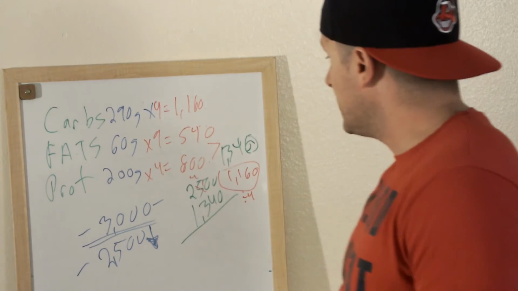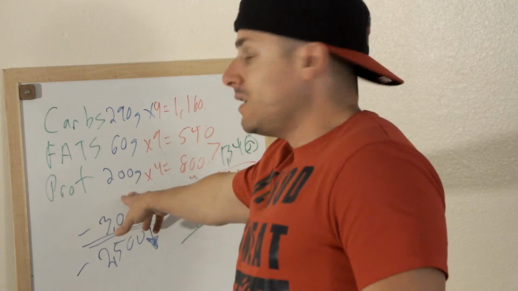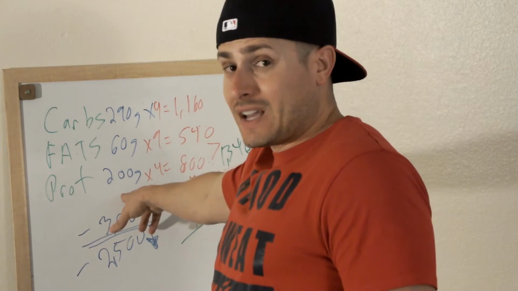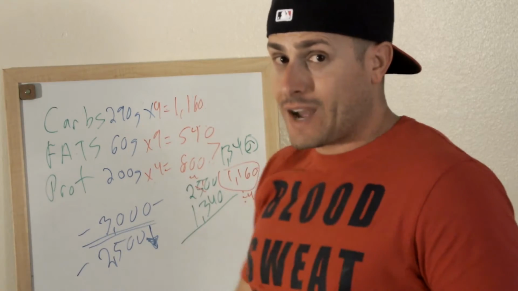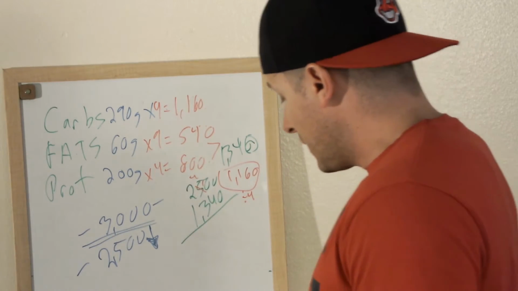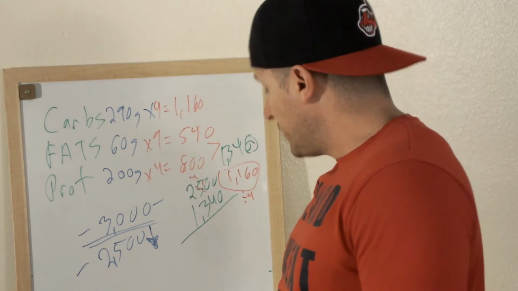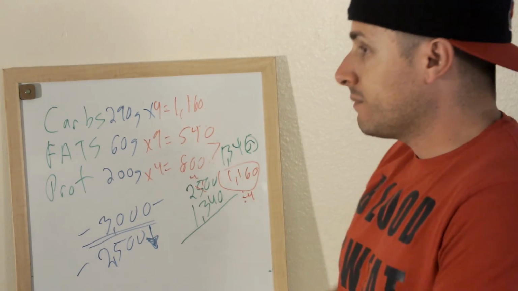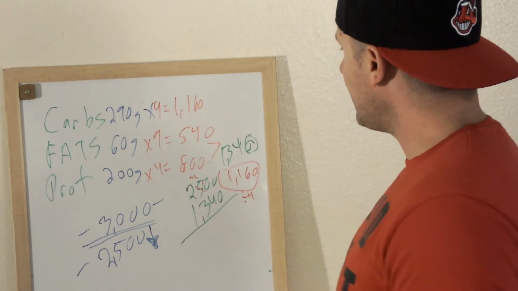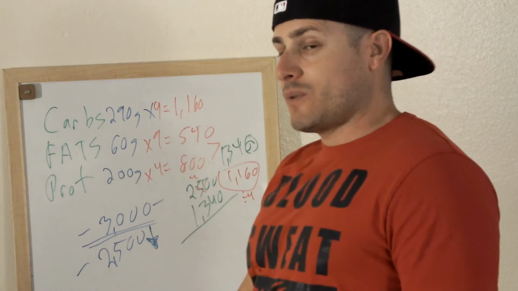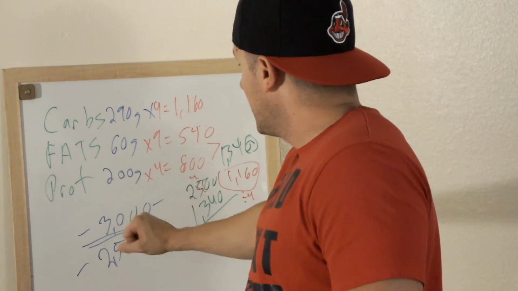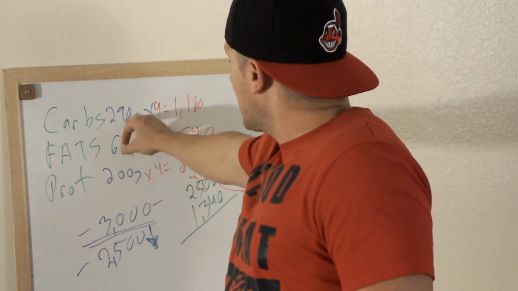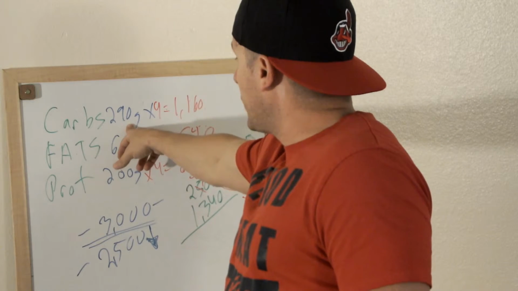Pretty much your protein is going to stay consistent throughout the whole cut. You're really not going to lower this at all. Again, this is general guidelines, pretty much for beginners. What you will adjust will be your carbs and fats. Now again, to keep it general, let's say you don't lose any weight and you want to adjust. What you want to do is take off 5 grams of fats and take off 20 grams of carbs,